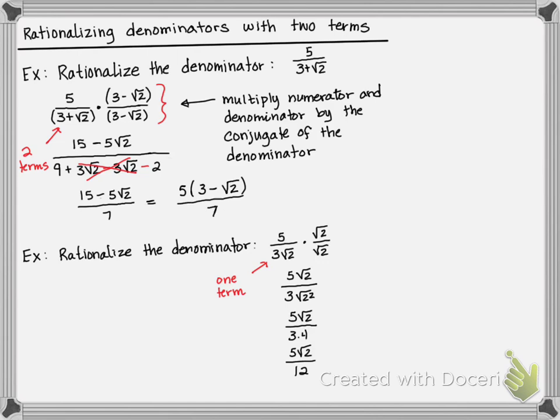And the only reason I didn't do that is because I could kind of see that I wasn't going to be able to cancel anything. So when I look at that 15 minus 5 root 2, I kind of think to myself, well, the GCF is 5, and 7 and 5 don't have any common factors. So if you can tell that there aren't going to be any common factors, it's fine to just leave it. Pretty much if the denominator can't be factored, you're done. Unless, I mean,